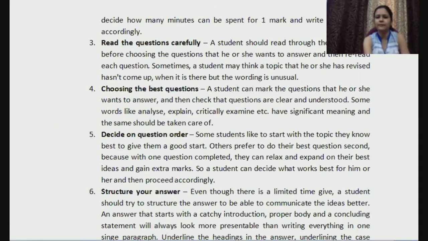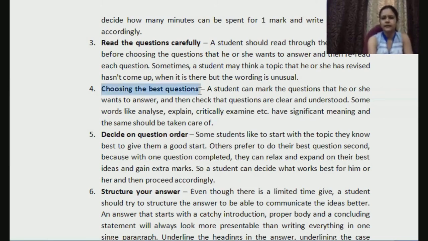Also, it becomes important because of one more reason. Take for example, you have studied what are the steps involved in research. In the question paper, the question is what are the steps involved in legal research. If you do not read the question properly, straight away you start writing the answer. You may write about research, but the question was legal research, right? So it's very important that you read the entire question at least 2-3 times so that you write it properly, right? While writing your answer, also maybe once you can refer to the question so that you know that you have answered every single part that is there in the question.